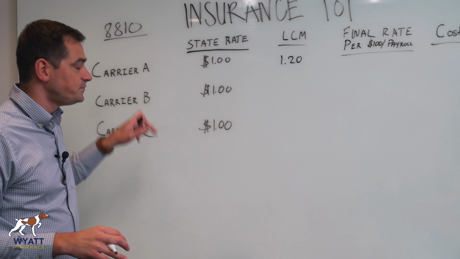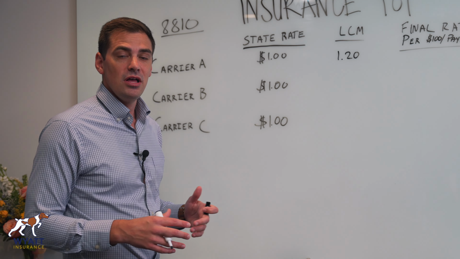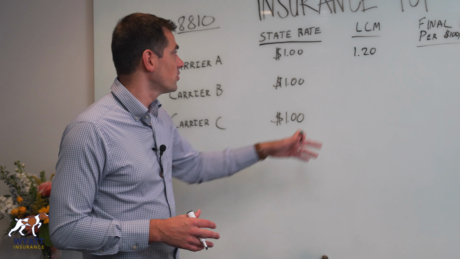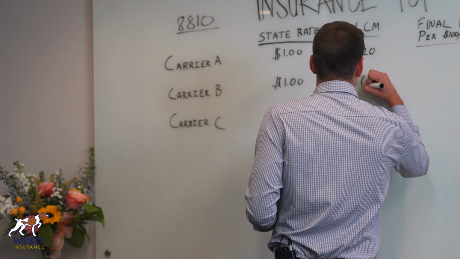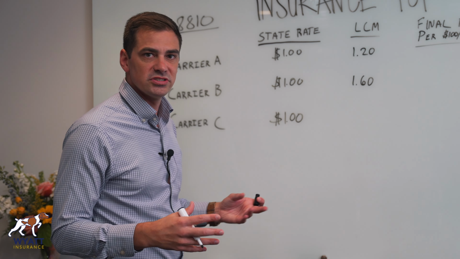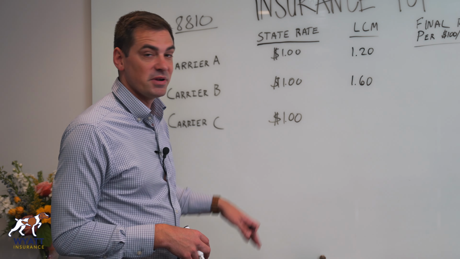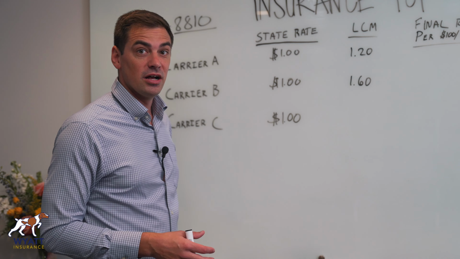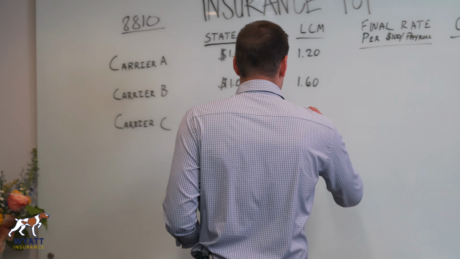Let's say carrier B, they have losses. It's not horrible, it's not terrible, but it's not great. It's not as great as carrier A. So they are going to say, hey, our loss cost multiplier is 1.6, right? Maybe a little bit above average what we see, but 1.6 right in the middle there. But then carrier C, man, they have experienced a lot of losses. They put really high risk with this carrier. So man, they've got a really high LCM because they need to make back that money, right? So they've got a